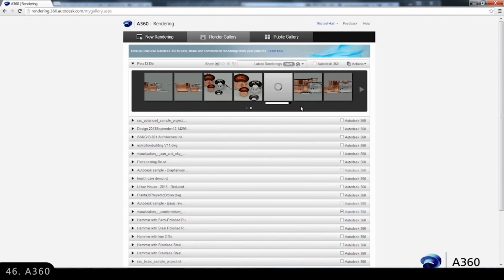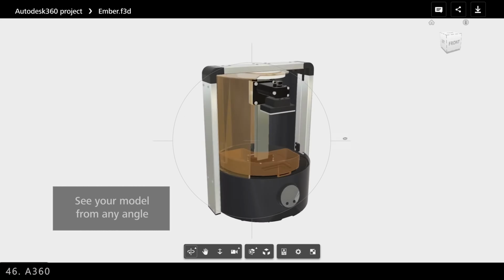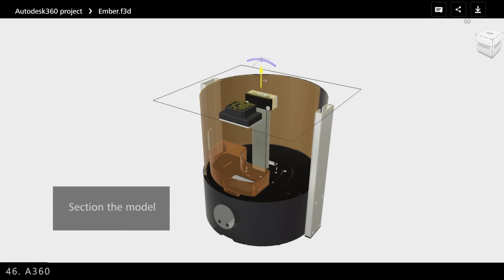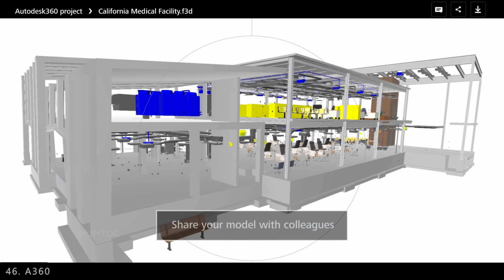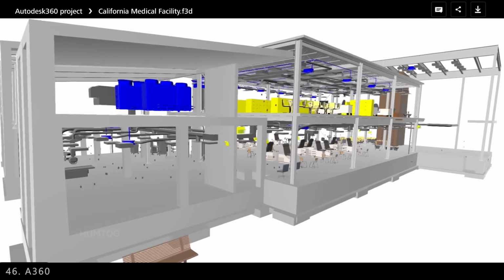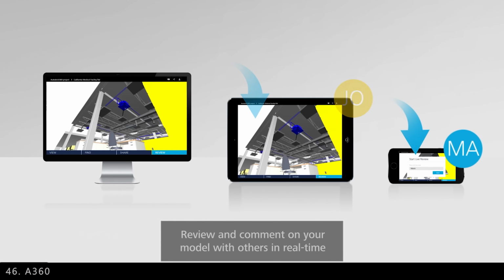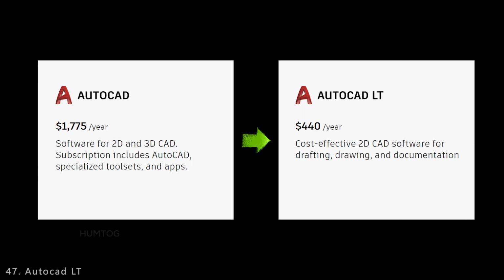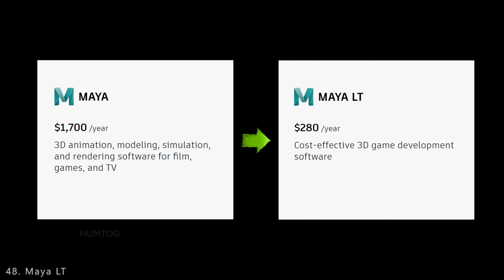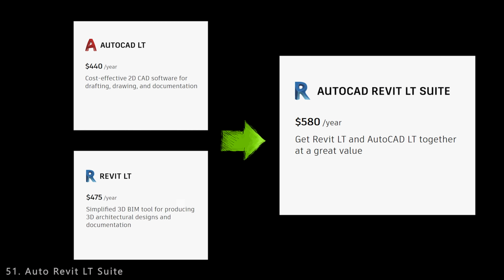Then there is A360, which exists because there are over 50 CAD formats, and thus it became difficult to view the files without installing each software. So Autodesk made A360, which allows you to upload and view any file you have, no matter if you have that software or not. Many of these software have light versions, which are the stripped-down variants at lower prices, and